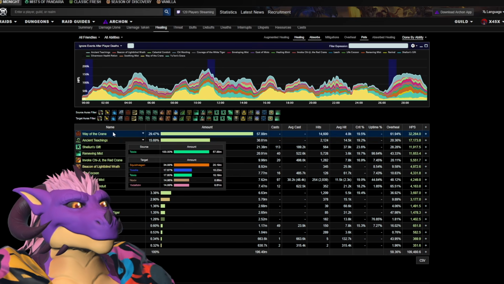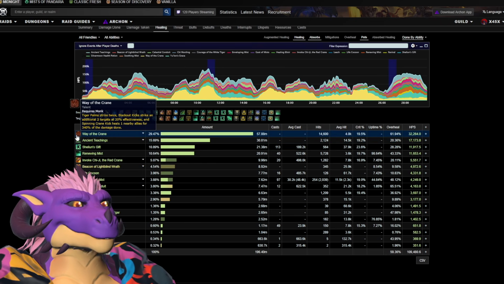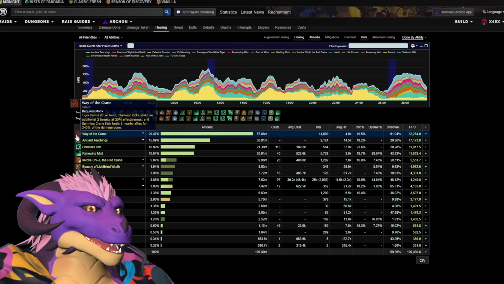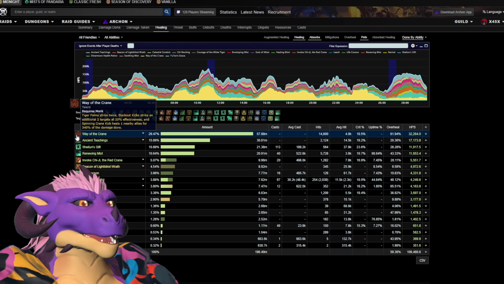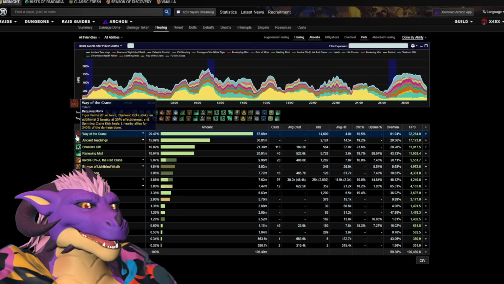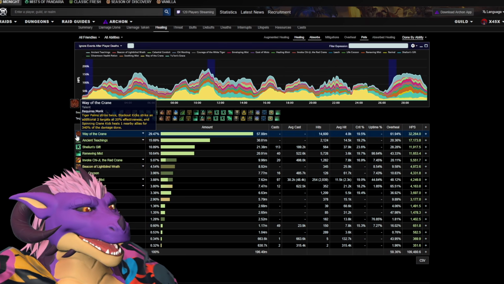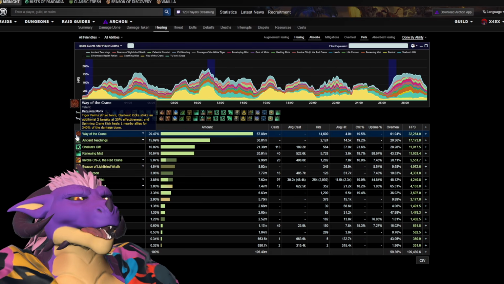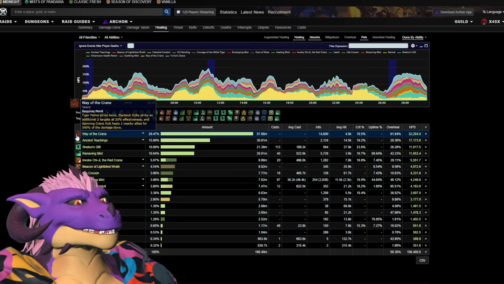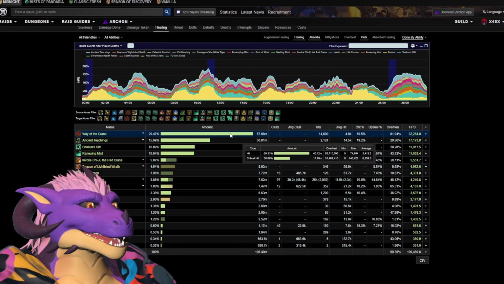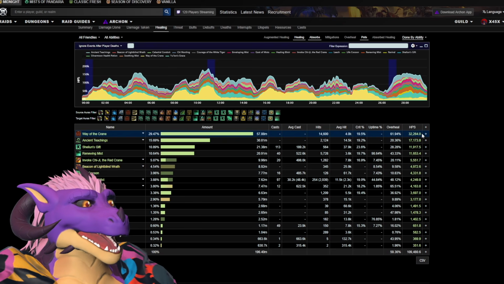Way of the Crane is the talent where Tiger Palm strikes twice, Blackout Kicks hit 2 additional targets. Its Spinning Crane Kick heals one nearby ally for 340% of the damage done. Note that this rolls every time it does damage, so you are essentially AoE healing. This means that Spinning Crane Kick is doing a lot of healing here, like a ton of healing.